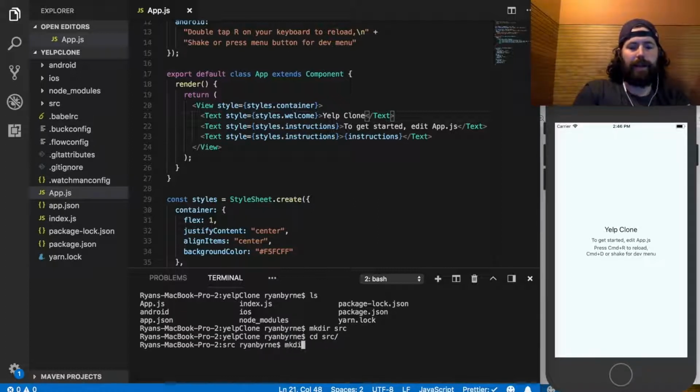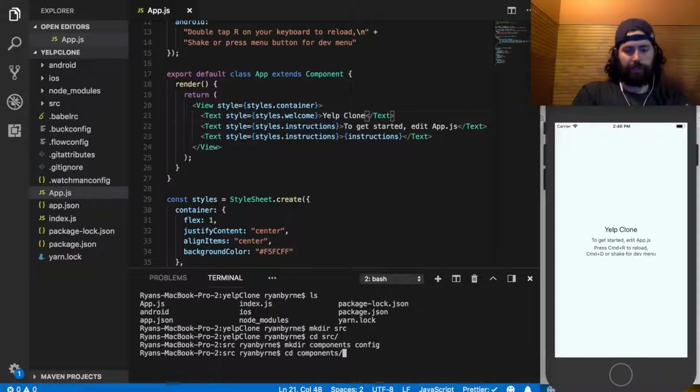And then in there, we've been doing this a bunch, so I already know what kind of folders we're going to end up needing. I want to make a components, config, and then we're going to go into our components directory, and I'm going to make a directory called